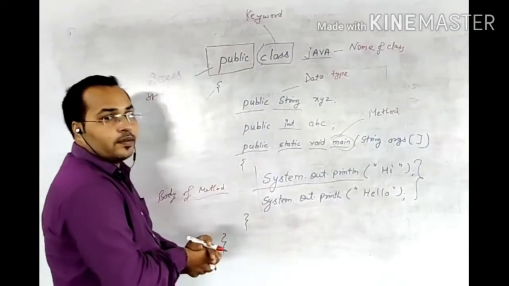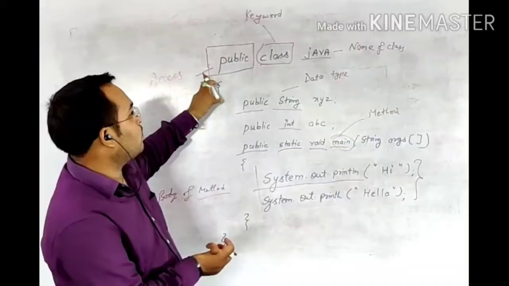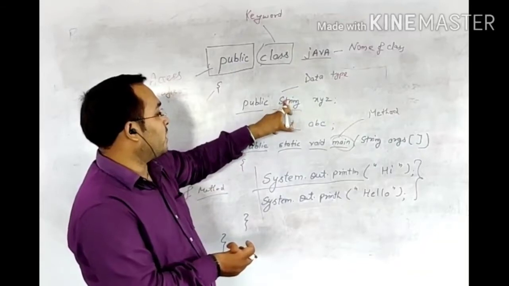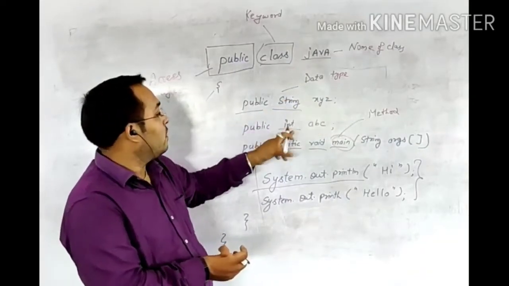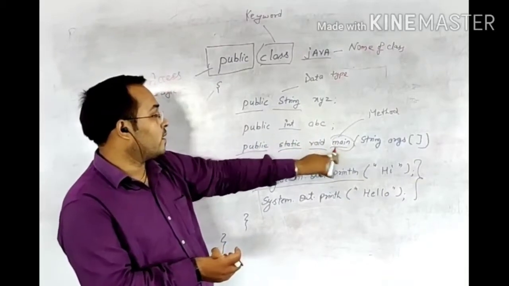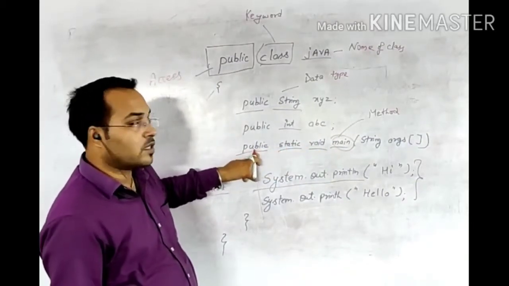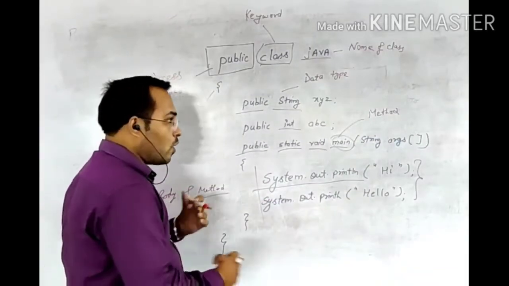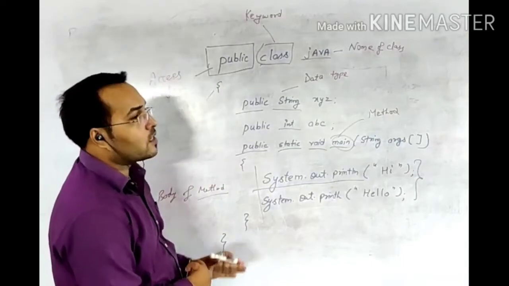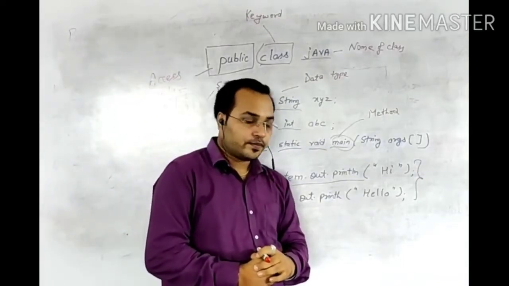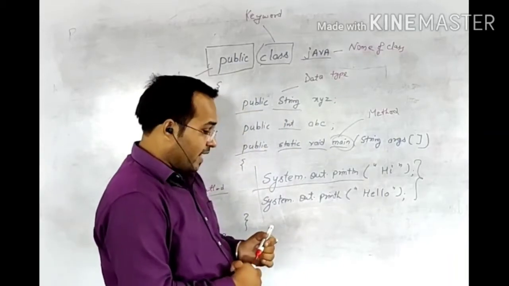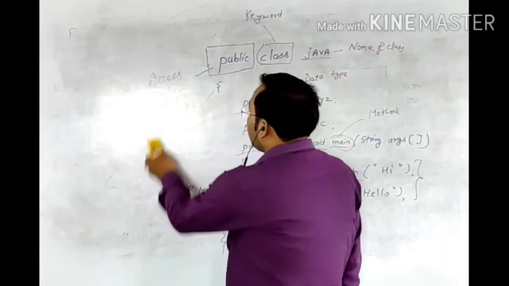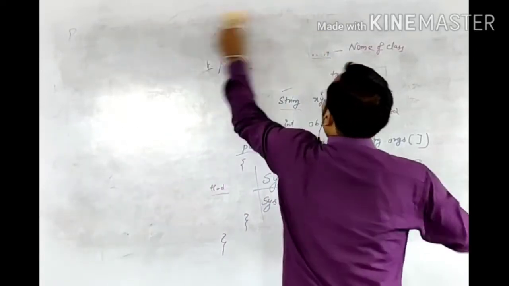So always keep in mind, this is your access specifier, this is your class, this is the name of class. You can give any name over here. This is your data type, this is the identifier. Then again data type, this is method, this is keyword, this is access specifier, return type, this is body of method. Okay. The whole program is designed by this concept only. Now one more thing, and the last thing of your chapter, is accessing argument through main method.